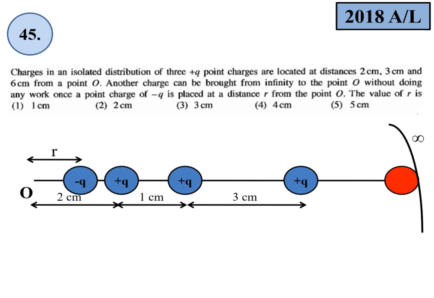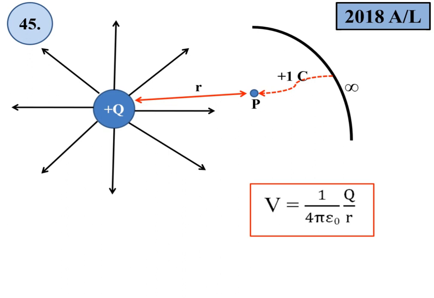So what is the concept here? It is the potential. What's actually the potential? It's equal to the work done by the electric field when a positive charge Q is moved from infinity to the desired point P. The equation we need is V equals 1 over 4 pi epsilon naught times Q divided by R, where R is the distance between the charge and the point where we find the electric potential.